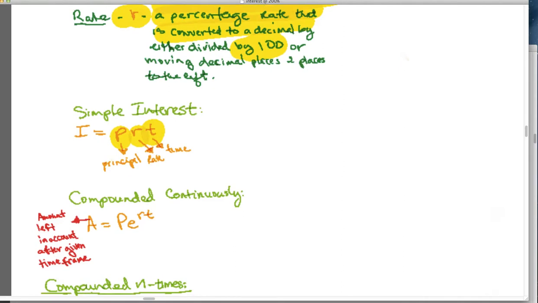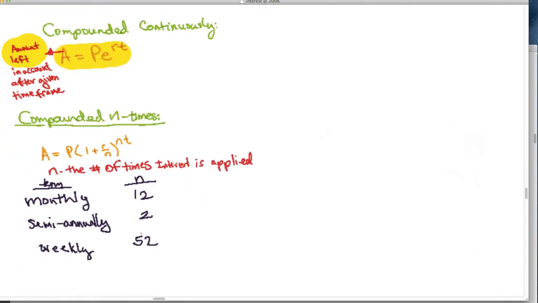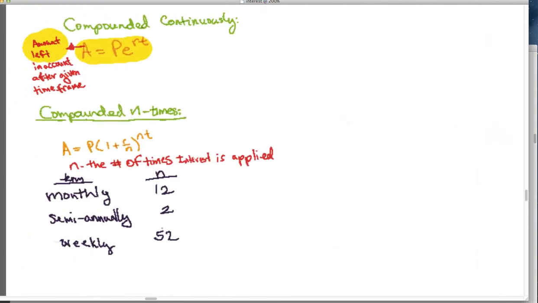Next, we have compounded continuously. If they say compounded continuously, to figure out the amount left, A, after a given time at a given interest rate with a given amount initially invested, use this formula, Pe^(rt). Now, if it's not compounded continuously, let's say it's annually or semi-annually, for instance, in this case you would use this formula here, where P is still the principal, r is still the rate,